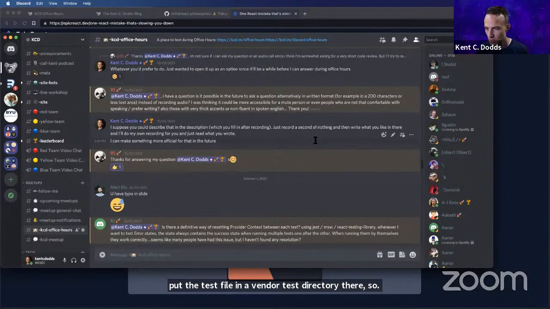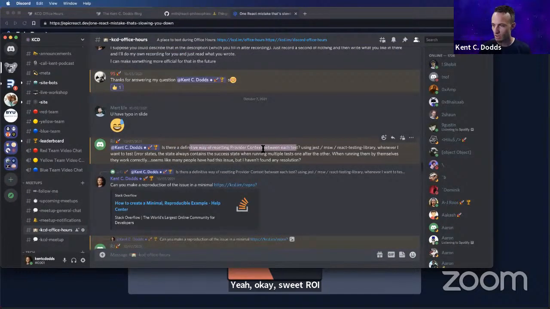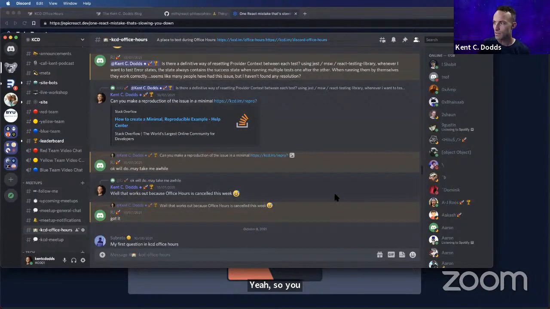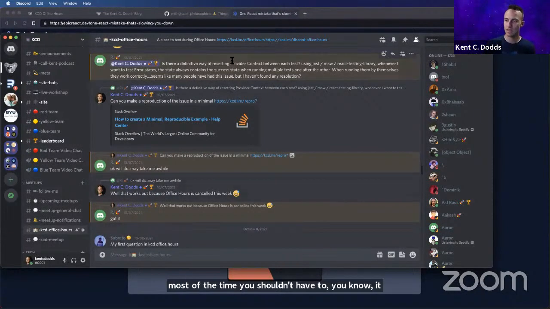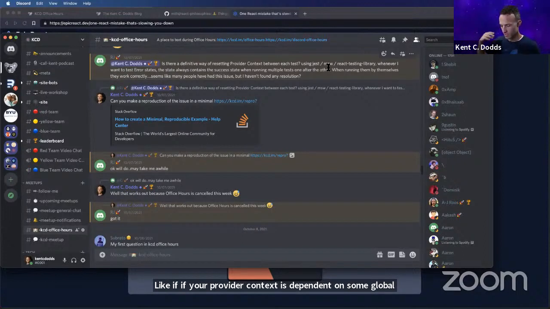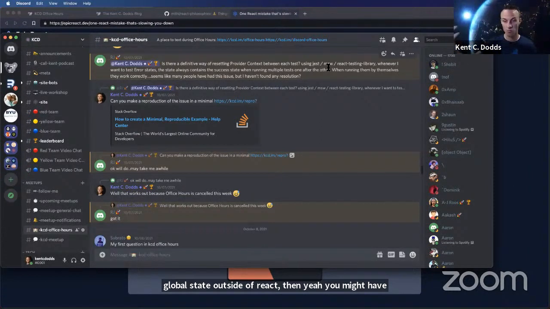Okay, sweet. Resetting provider context between each test. Yeah, so most of the time you shouldn't have to. It kind of depends on the way that you've set it up, RJ. If your provider context is dependent on some global state outside of React, then yeah, you might have some issues, and you just need an afterEach to reset that through whatever JavaScript API they have available.